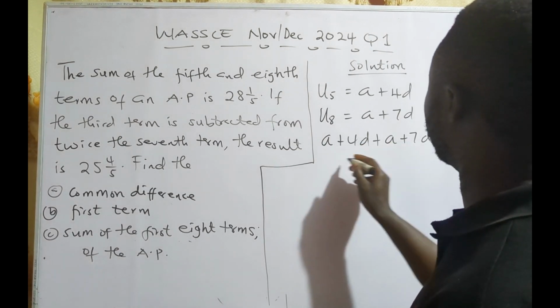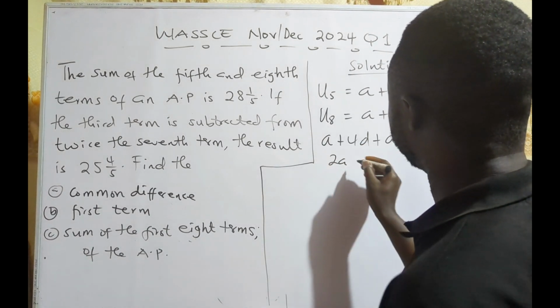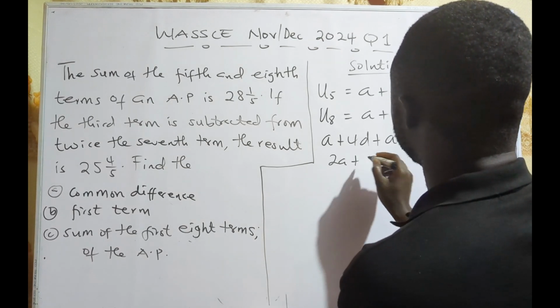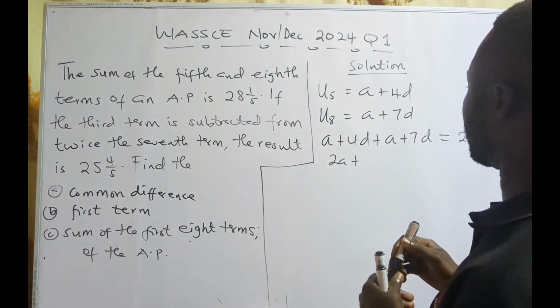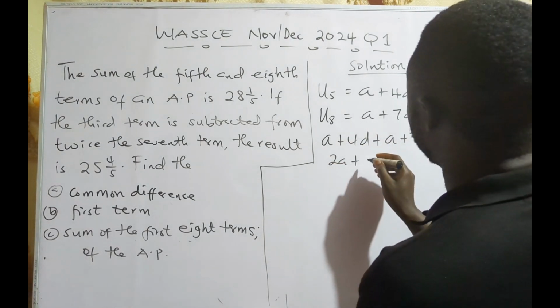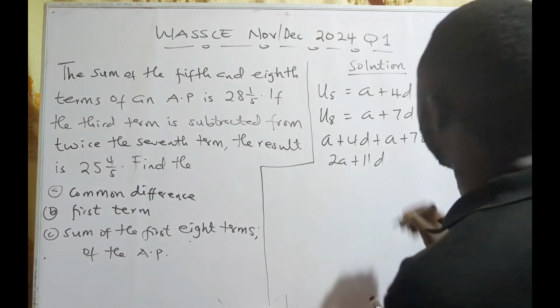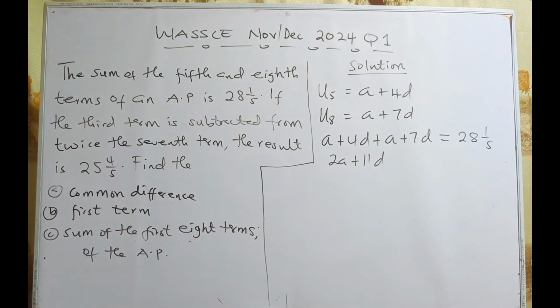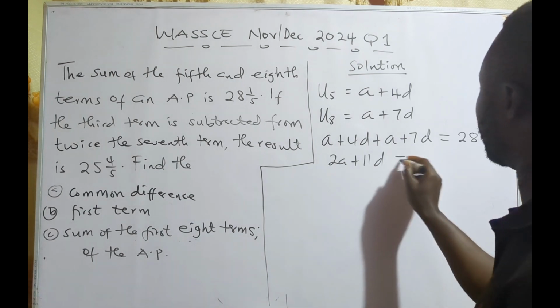A plus A gives 2A, plus 4 plus 7, which is 11, and that will be equal to